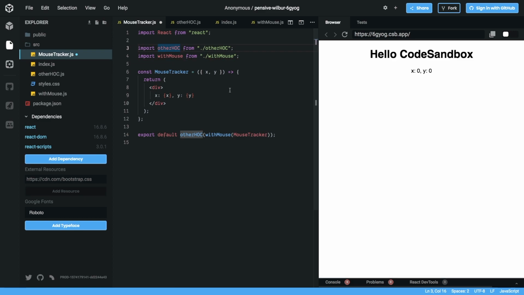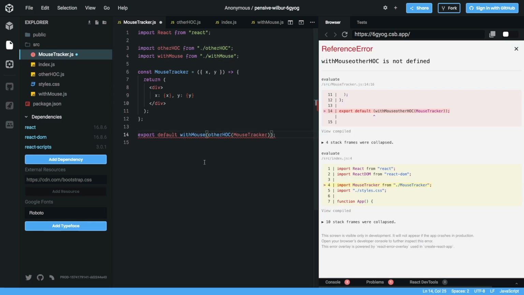Now this won't actually change the page. Weirdly enough, it will work just fine. And the reason for that is because we've put other HOC up on the top, which means that even though this one passes in an x value of ASDF, it gets overwritten by with mouse. But if we were to swap these two around, and we do this and we do that, then you'll notice